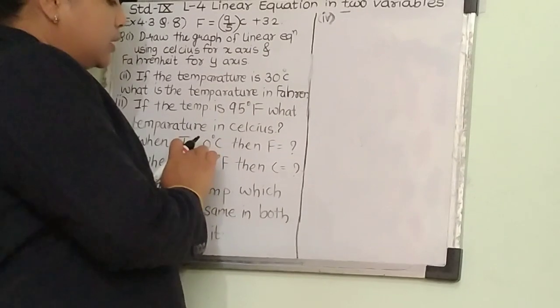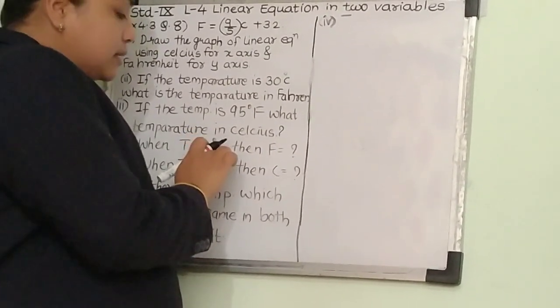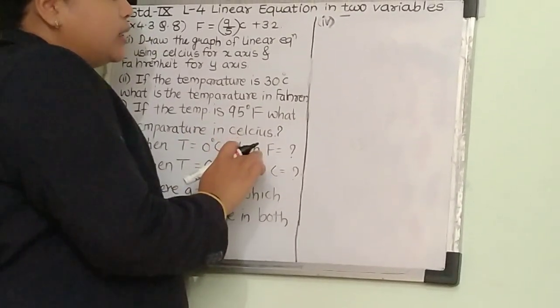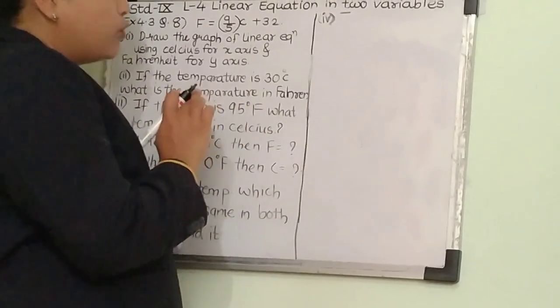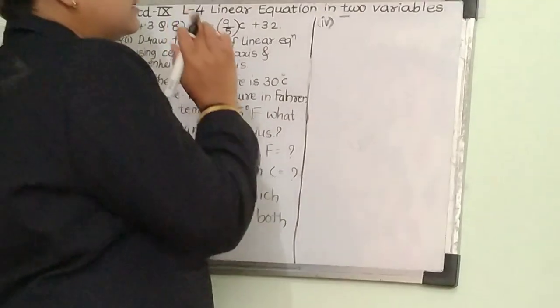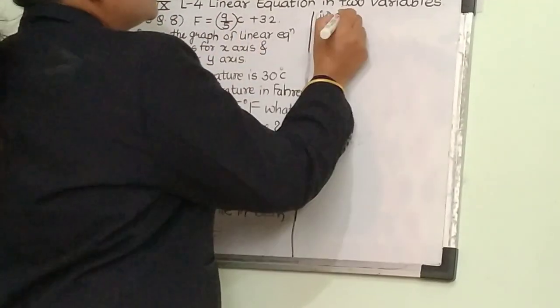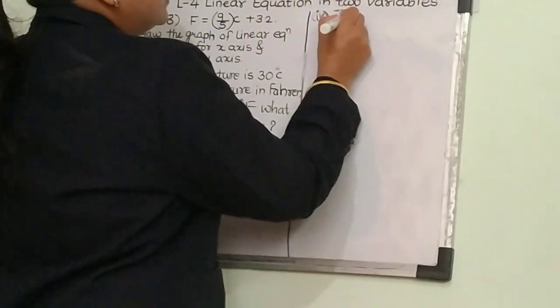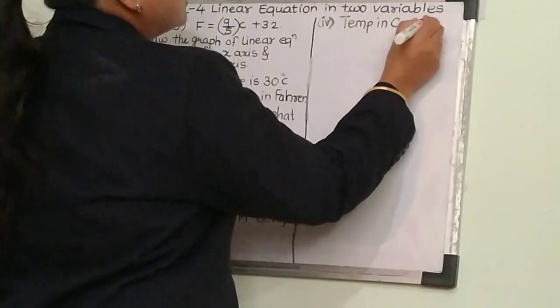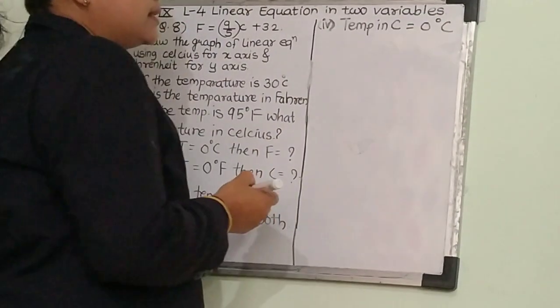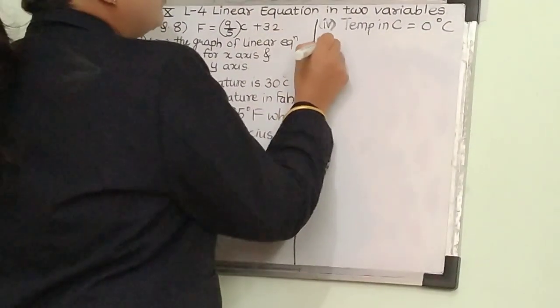When the temperature in Celsius is given 0, then what is the temperature in Fahrenheit? So here we can write temperature in Celsius, it is given 0 degree Celsius. Then we have to find